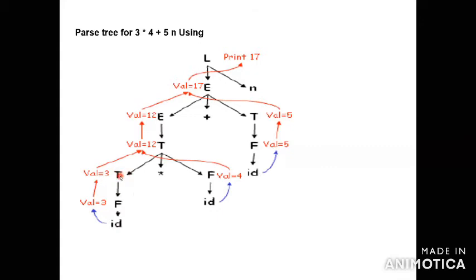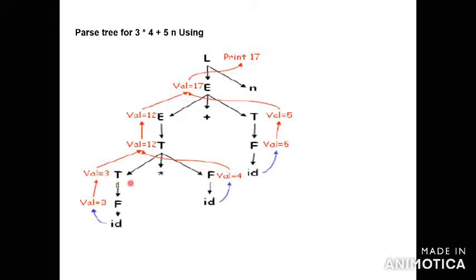Similarly, check: now T is 3. Then you have to multiply 3 into 4. The first digit is 3, the next digit is 4. Then you can go for digit 4. So the digit of ID is 4, and the ID can be changed to F.